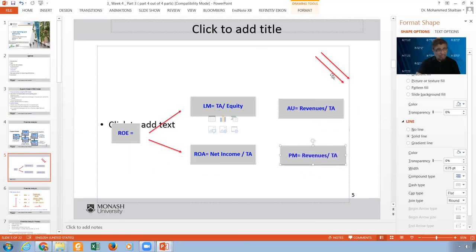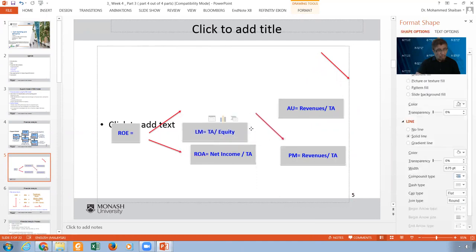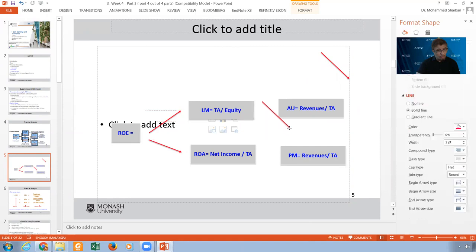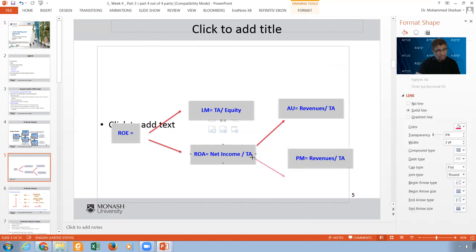And this is why, when we want to analyze this one, we have to analyze every part here. Which means now we don't actually analyze the ROE, but we are analyzing the AU and PM when we take the ROE. So just in this stage